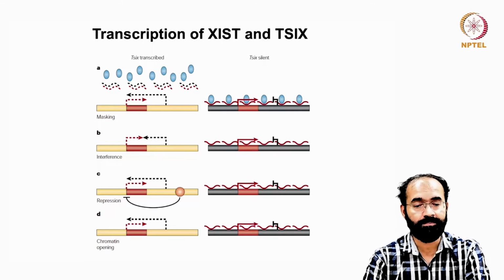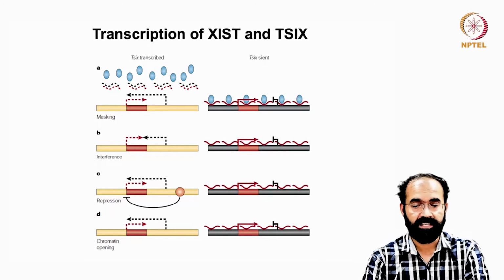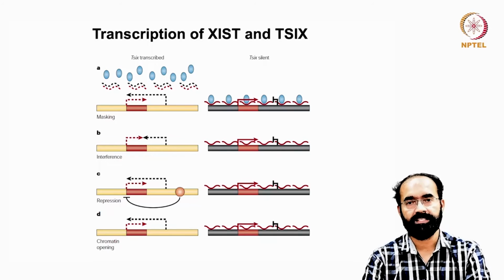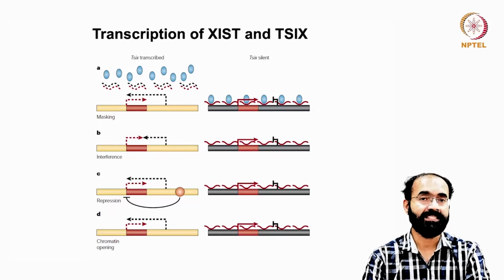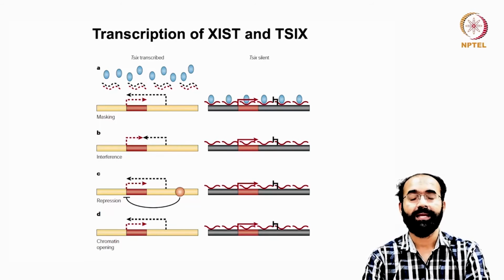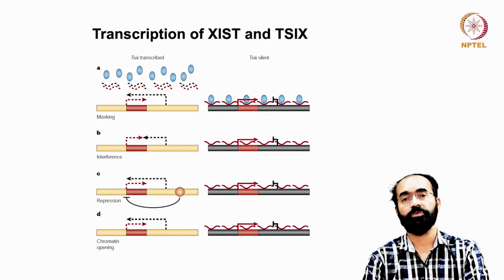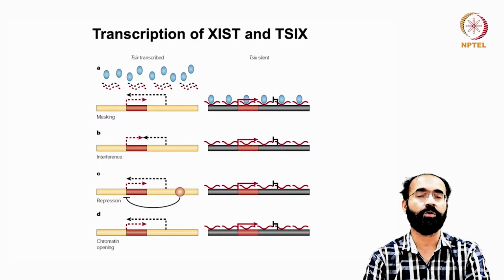So let us see what the mechanisms are. Masking can be done by T6, interference can be done by T6, repression can be done by T6, and chromatin opening can be inhibited by T6. So four different mechanisms are possible that can interfere with X-cyst expression, and vice versa. You should also think that if T6 is expressed, it has the upper hand. The same mechanism can be done by X-cyst also, because an X-cyst expressing cell does not want a T6 promoter to be active in it,